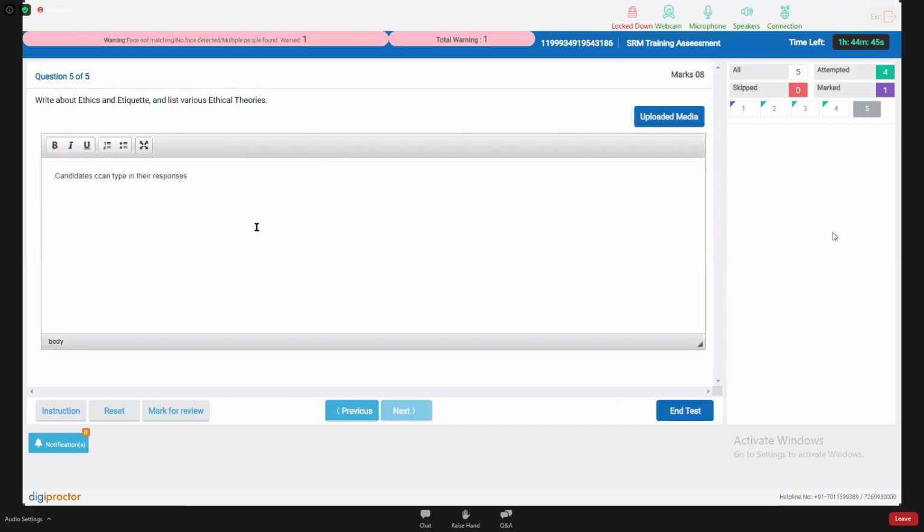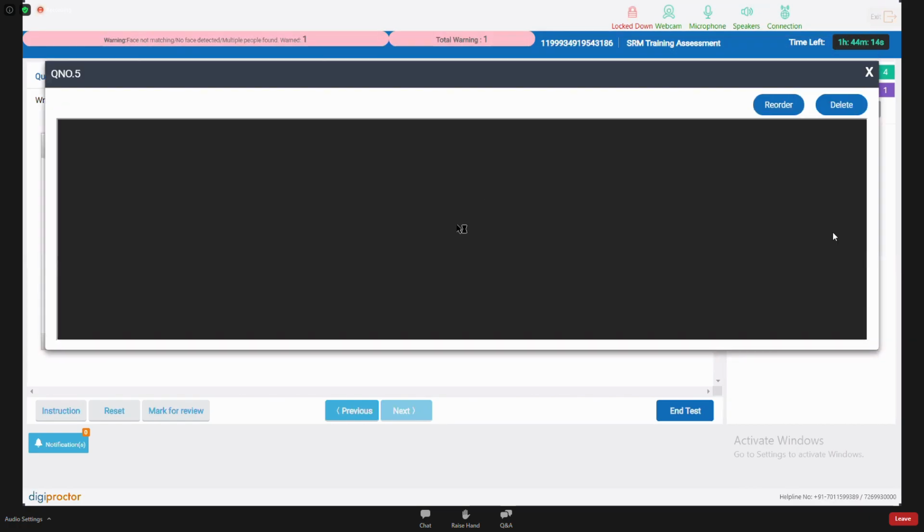You can write your responses. While writing the responses, please ensure that the proctoring is on and your faculties are able to see you. In case you're taking it on a laptop, just keep the laptop at a 2 to 3 feet distance so that it is visible what you're writing as well as you're visible. If you're taking it on a mobile device, just keep it 2 feet away. Use a wall to stand it against, or put it in a glass to create a stand for the same.